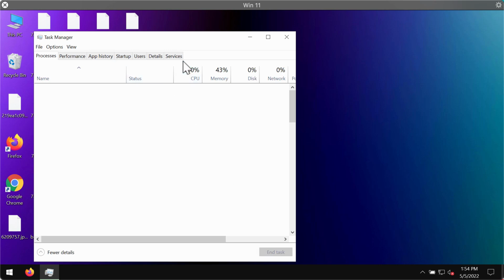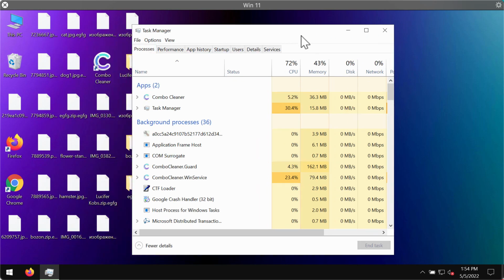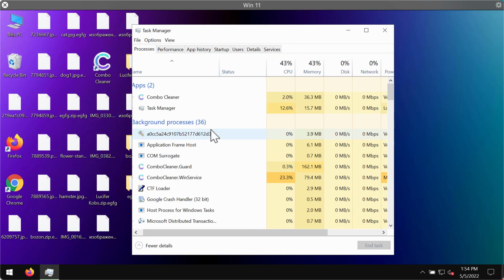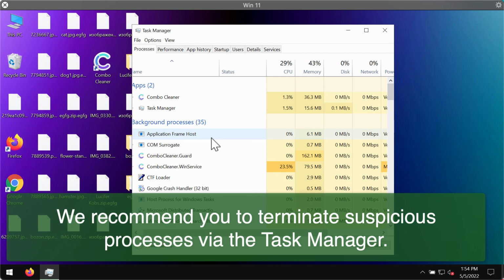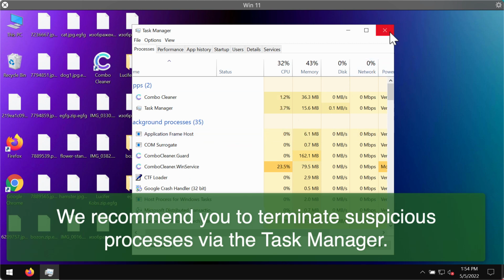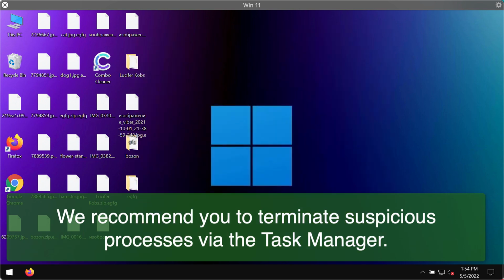What we recommend you to do is to immediately check your task manager, and if you find any suspicious processes that are running in the background, right-click on them and end their task in order to stop the further file encryption. We recommend you to remove this particular Egfg